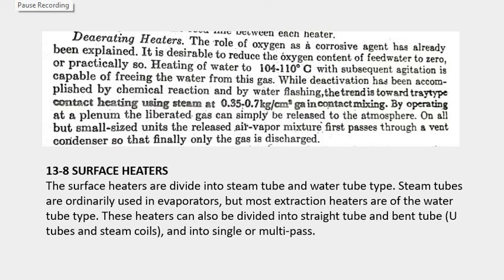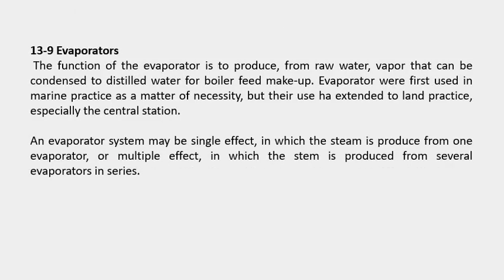These heaters can also be divided into straight tube and bent tube, U tubes, and steam coils, into a single or multi-pass. Next would be our evaporator. The function of the evaporator is to produce, from raw water, vapor that can be condensed to distilled water for